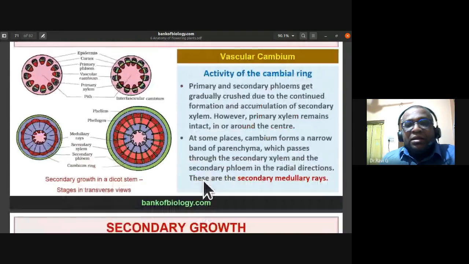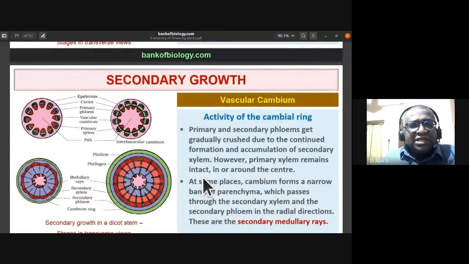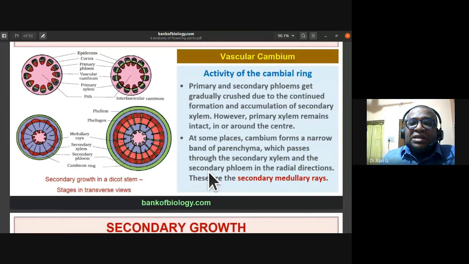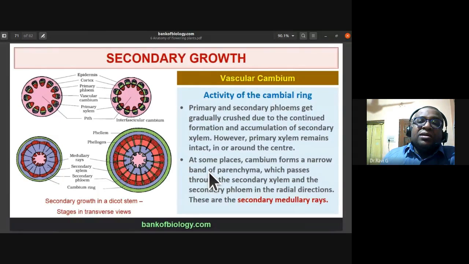Okay, and we have just discussed the formation of vascular cambium. So we'll be discussing in the next class the cork cambium and what its role is. The extrastellar secondary growth we have not yet discussed. That we will discuss in the next class. Okay, so if you have any doubts or clarifications, just let me know.